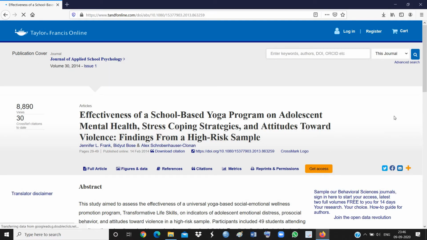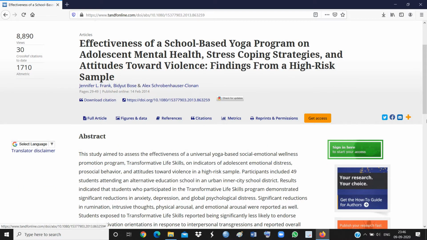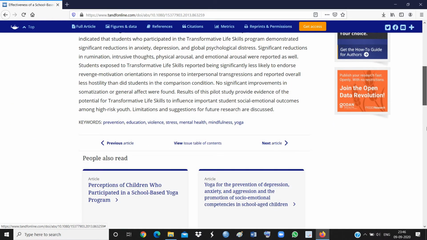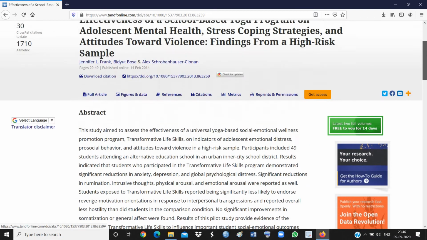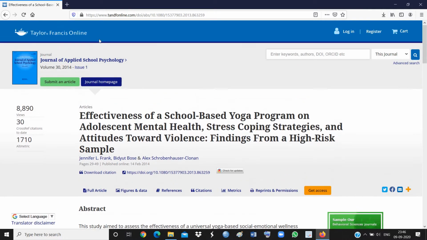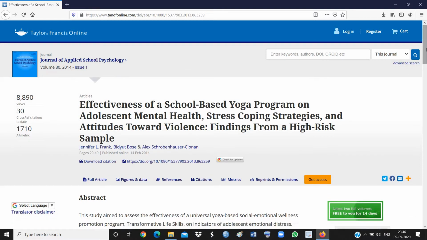But let's check what happens when we click on this kind of result. Whenever we click on the results which do not give us direct permission to download, we land on the page of its journal, where the basic information about the article is given, such as the title, the author, the DOI number and other such things. This particular research paper belongs to a Taylor and Francis journal, and Taylor and Francis journals are very expensive.